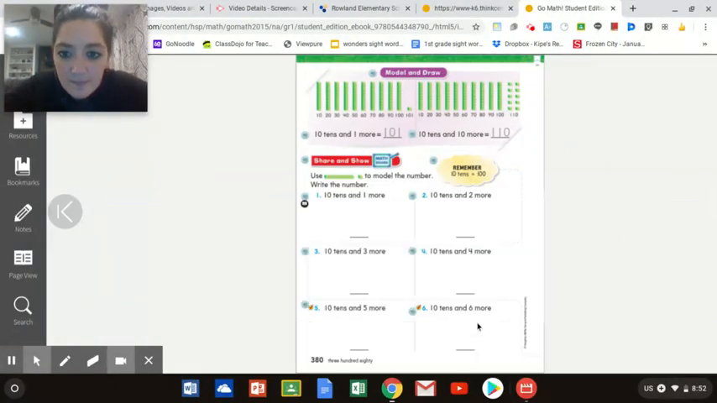And now you do the same thing. You draw how many tens and how many ones? You have 10 tens and 2 more. So you draw 10 sticks of 10 and 2 dots. And that goes for the rest of these. On the next page,